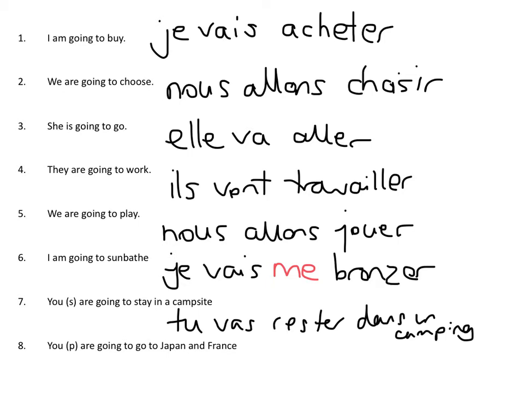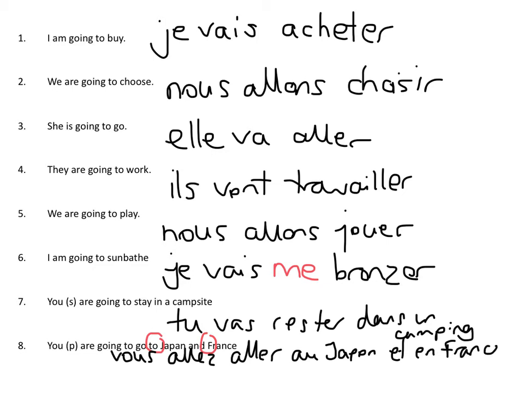Then you plural are going to go to Japan and France. Now we need to be quite careful here because of those prepositions. Okay, to Japan and to France here. Okay, we need to think back to those prepositions that we've learned and what countries they go with. So here it's vous allez, aller, okay, au Japon, because Japon is masculine, et en France, okay, and we use en because France is feminine, so we're going to go au Japon and en France. Look over your answers and think if you did make mistakes, why did you make them, and how are you going to avoid making them next time?